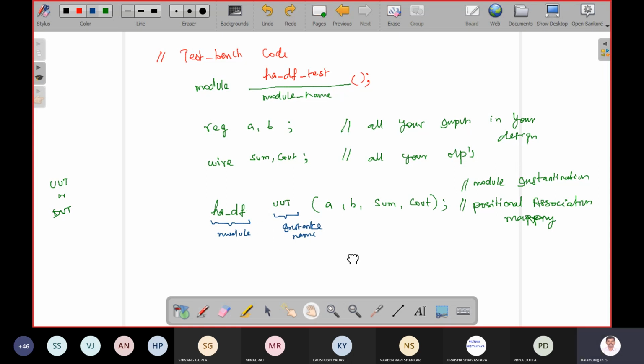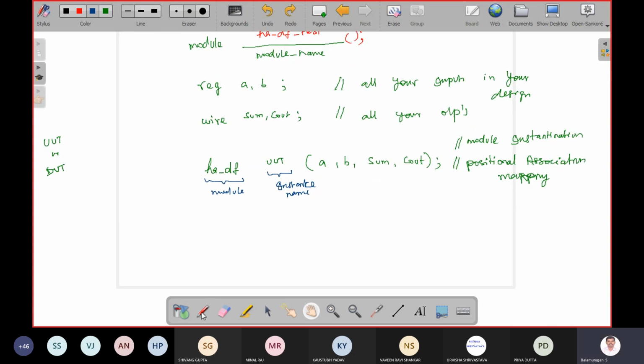Okay, so now I have to feed the test vector here. So up to here, I gave the first line module name, second line input, third line output, and then I call the module. Now I have to feed the inputs. That is the test vector. In the test vector, what are the things you have to use? The keyword here is initial. Initial is a keyword. Initial, begin.